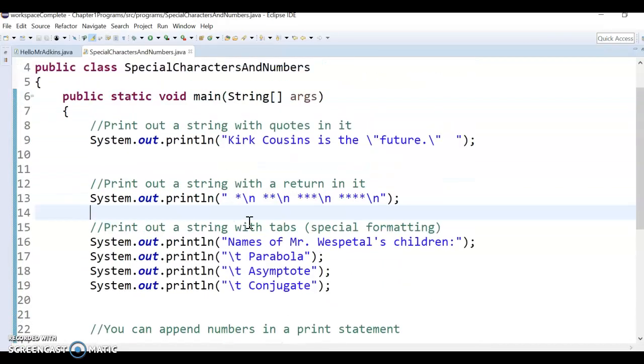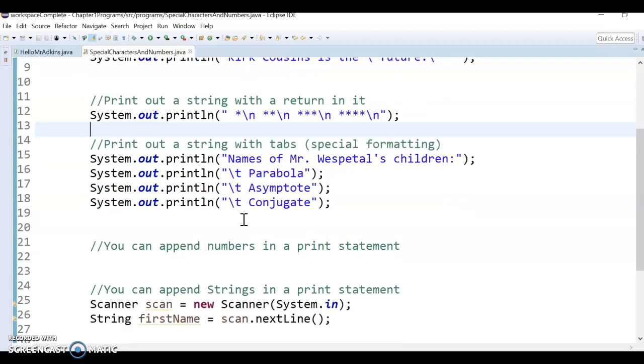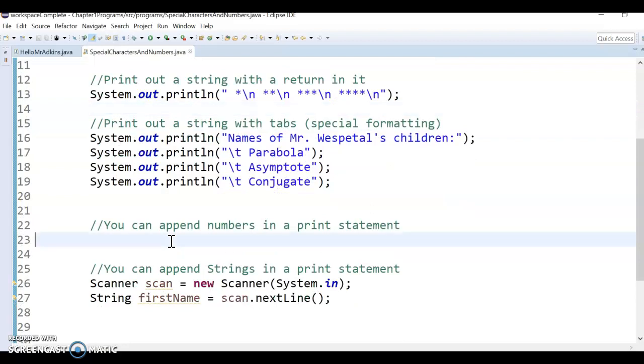Okay, so that's pretty much it for the special characters, \t, \n, and that thing. Just a couple other things is you can start to append things. So the reason this matters is we might have a string. Let me show you a regular one, I guess. So let's do